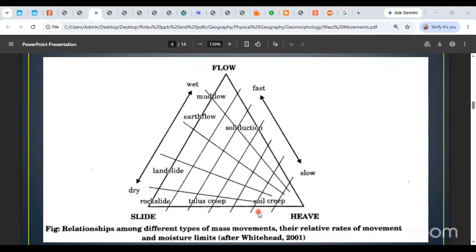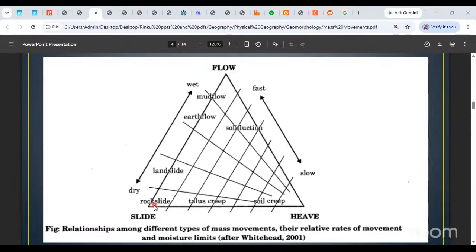Soil creep, it is more of a slow, very quiet movement. Okay, very imperceptible, slow, quiet movement. So it does not require water or anything. Talus creep is a little faster because clearly the stones are a little larger, but it will still not require any kind of water over here. And rock slides are huge rocks which are sliding down the mountain slope. That also does not require water, but these movements are very rapid and very destructive.